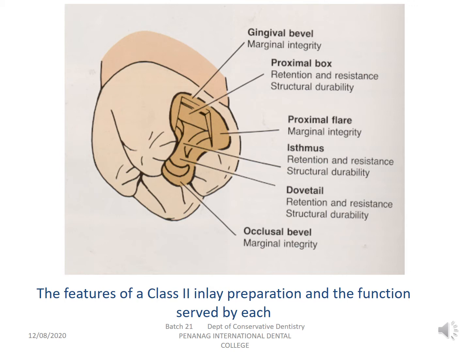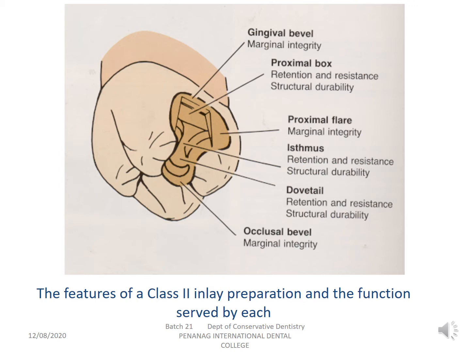If you look at the preparation of the tooth surface, the cavity walls are diverging from the pulpal floor towards the occlusal cavosurface. This is done so that it enables us to take the impression once the preparation has been done. At the same time, it also enables us to seat the cast restoration onto the tooth surface.